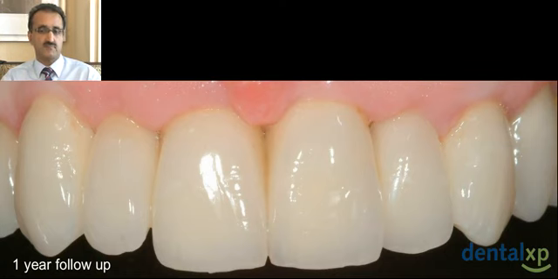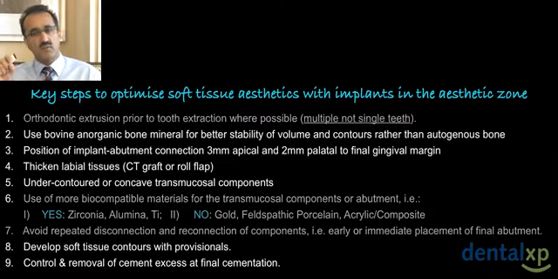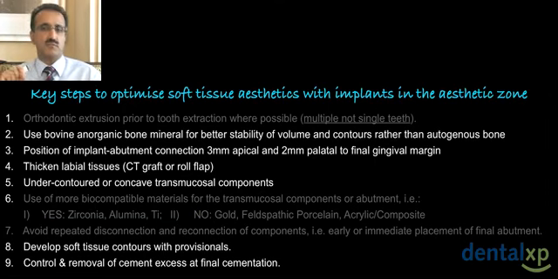So, finally, let's just recap those important steps, and you see the principles are the same whether we're dealing with multiple teeth or single teeth, and we want to follow those same principles, and we also see that those are the key principles, those 6 factors that we looked at the very beginning. Stable 3-dimensional volume of bone, to have the correct position of our implant, having adequate soft tissue dimension, using the correct shape to our transmucosal components, and then managing the soft tissue with our provisionals and our